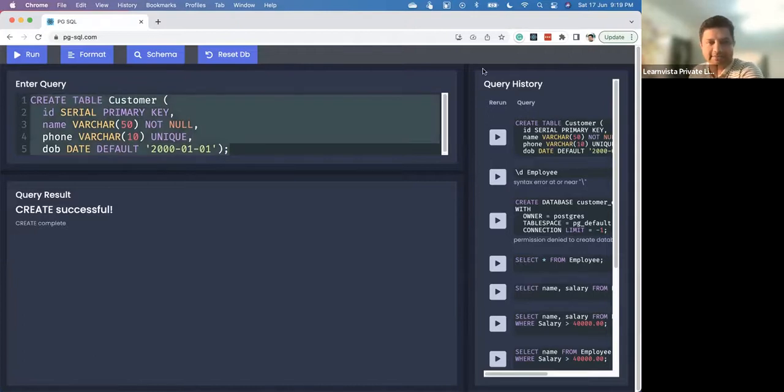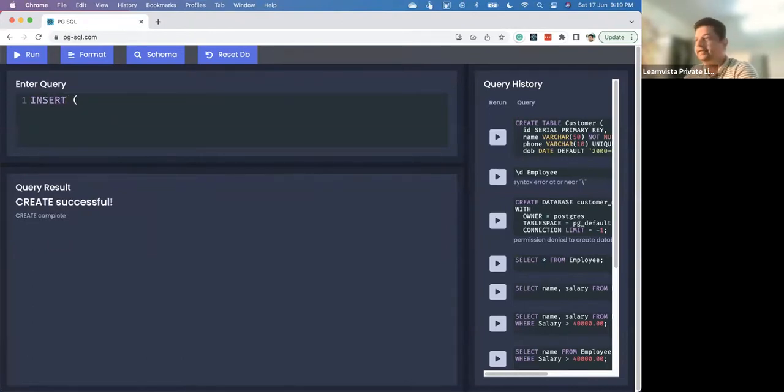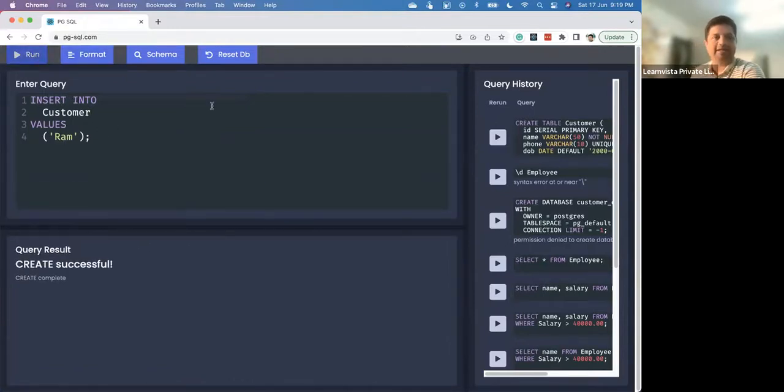Next, let's insert into this. The serial number will automatically be generated. Let's say we have a user Ram, which is the name. I don't give the date of birth, and I don't give the ID. Let's see what happens. Insert, we have to say which table. Insert into customer values, like this. It can automatically format this also, to make it look better. But when I run this,